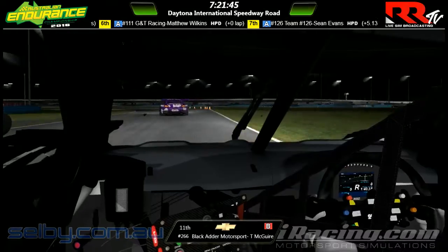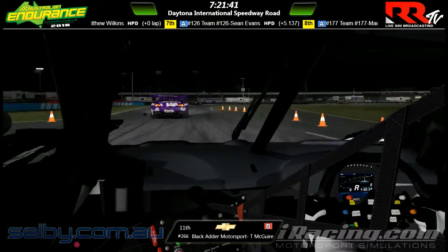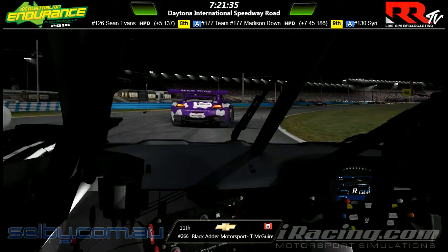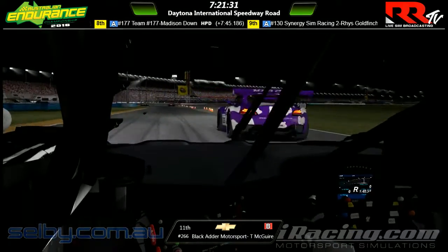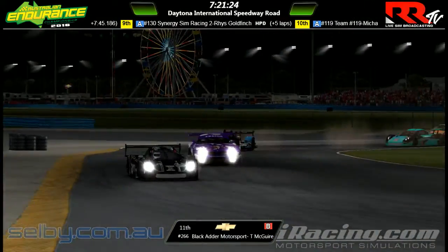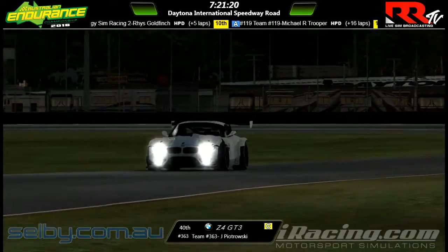I think the track conditions are actually quite good, so if it had been a bit hotter we might have struggled a bit more trying to get into those corners, but there's quite a lot of grip out there, so you should be okay. I'm surprised no one's hit the pit wall on turn 1, not that I've seen, but that's always a key thing to do, hit the pit wall on the inside there, because you just brake too late. Yeah, well the 363...